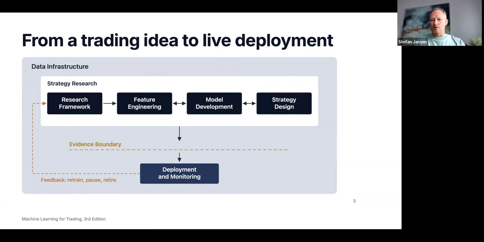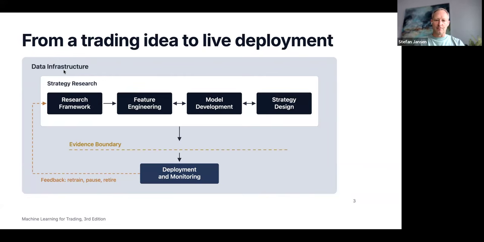Now, the book is organized around the machine learning for trading workflow. We did have that in the second edition, so there was a workflow, of course, already, but the book wasn't really organized around it. It introduced a lot of different models and techniques and tried to show how you would use a model to build a trading strategy. This time, the book is organized along this workflow, and we'll see in a minute in which way that can work. But it does really lay out the data infrastructure, which we need for our strategy research and for the